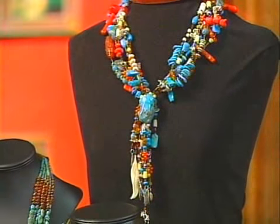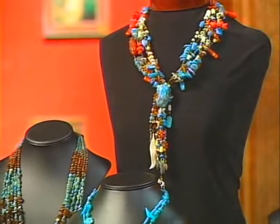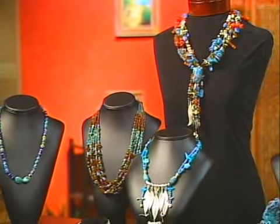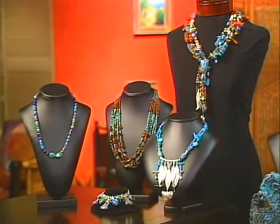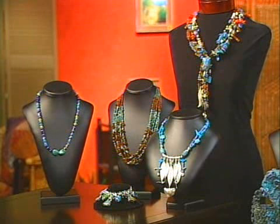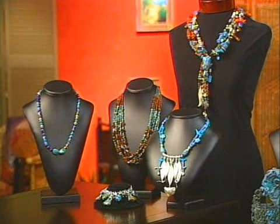Look at these gorgeous turquoise pieces. Turquoise is one of those gemstones that I think everyone loves. It's one of the most versatile gemstones that we have. It can be casual, it can be dressed up, and there's so many different things that you can do with it. It's actually one of my personal favorites,